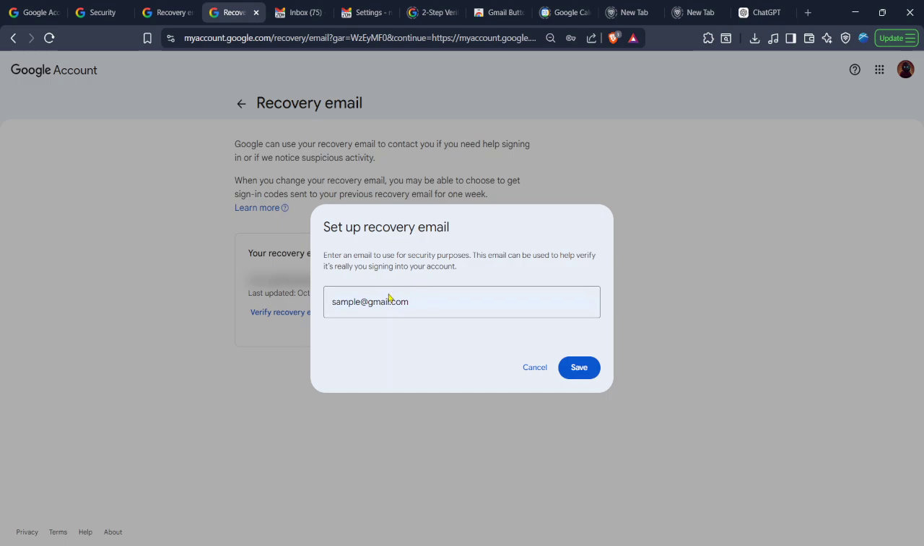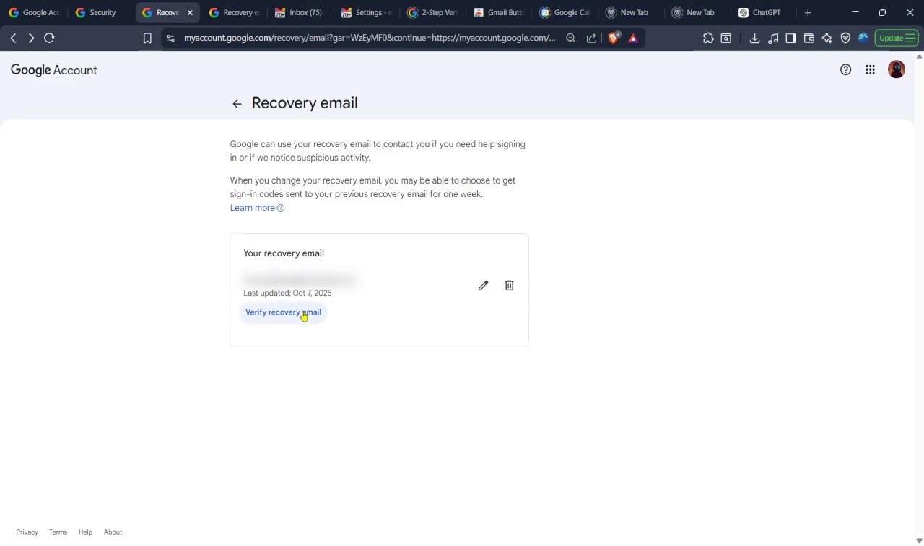Just type it carefully, double checking that it's the correct address, because Google will send verification messages to this email. Once the new email is entered, the last thing to do is click Save. Google might ask you to verify your account with your password or a code sent to your phone, so just follow the prompts if that happens. After clicking Save, your new recovery email is officially updated, and Google will now use this address for any account